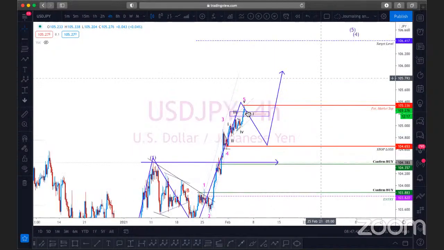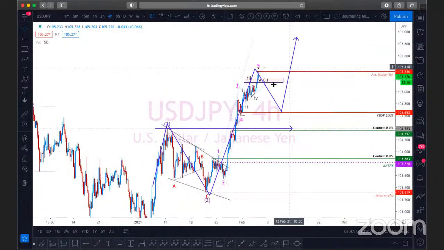Now we could have an extension of an extension within the third wave, right? And looking at, so I'm not making any projection out of this as yet. It's just about waiting to see how the market holds. For those who are already in the trade,